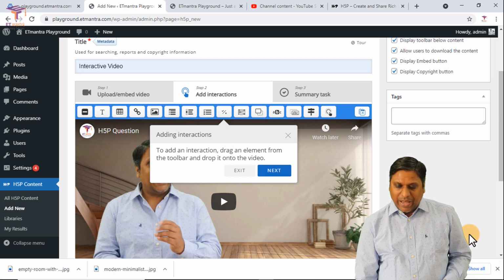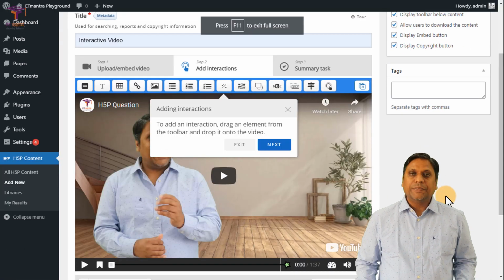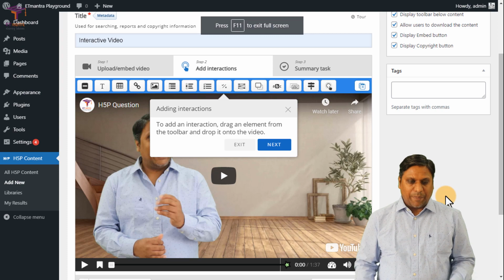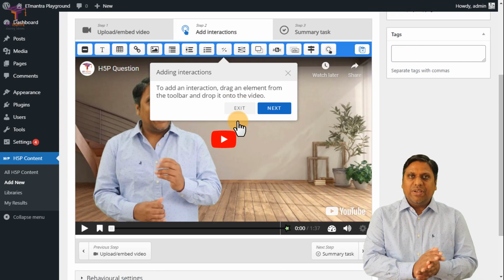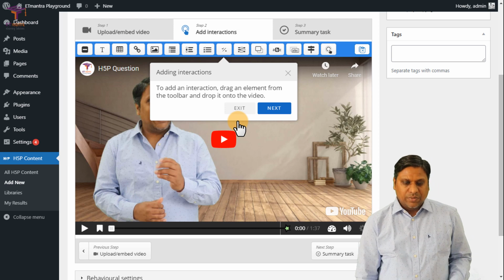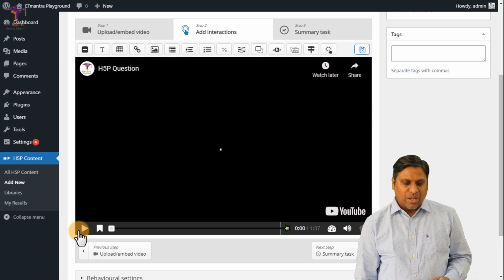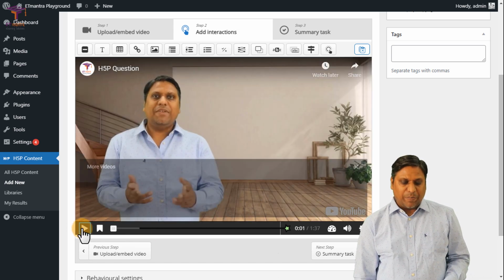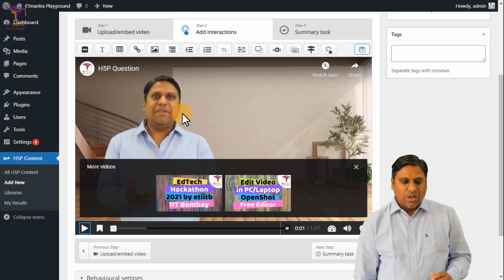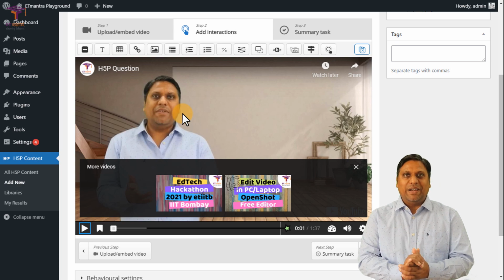At present I will make this full screen so we can take advantage of full screen and you can see everything that is happening. You see the video that we embedded in the previous step is now appearing here. It's also showing you the way to add interaction. I already know how to do it, so I'll exit it, but you take it and you see rather than the YouTube player, the player is the H5P player. It's a different player, correct? Now I will add interactivity and you already know where I want to have interactivity.